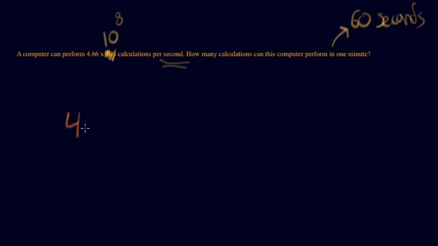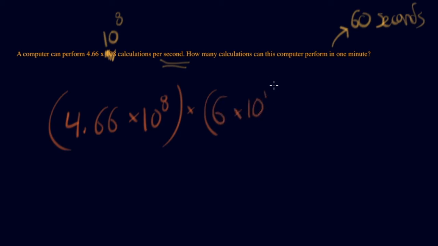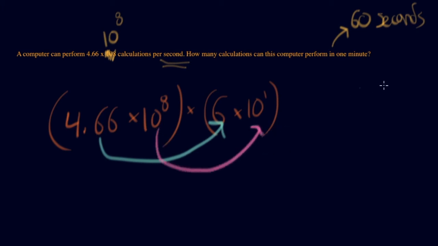I do. So let's go 4.66 times 10 to the power of 8. So we're going to do that. Then we're going to multiply that by 60. Now I'm going to change 60 into 6 times 10 to the first. Hopefully that makes sense, because 6 times basically 10 is 60. So I've just quickly changed that. And now we're going to multiply those numbers in our base 10s as well together. So when we are doing that, you probably need a calculator. So you're going 4.66 times 6, and that's going to be giving us